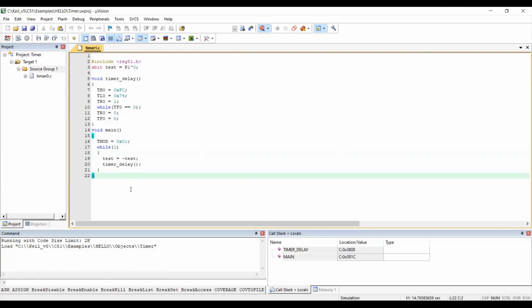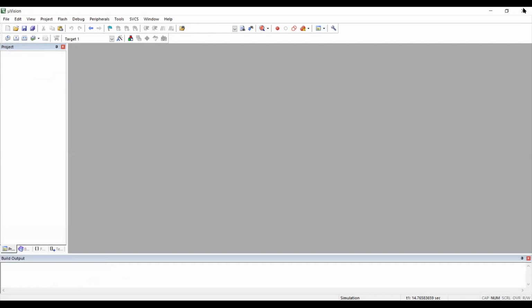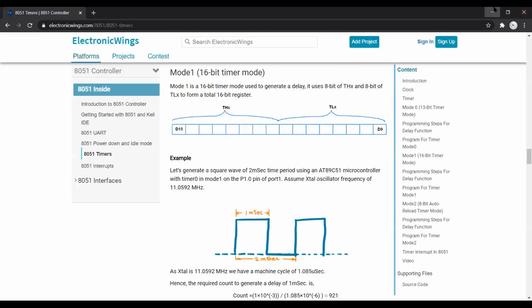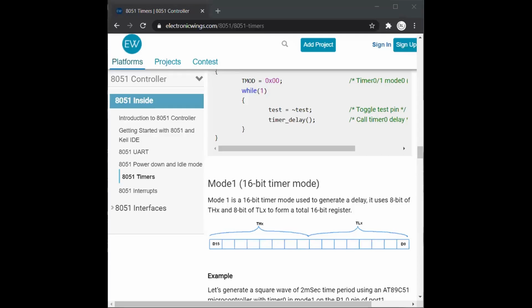And then we start the timer by setting the TRX bit. Here we use TR0 equal to 1. We poll the TFX flag till it gets set, and we stop the timer by clearing the TRX bit. Here TR0 is equal to 0. We clear the timer flag TFX bit, and we repeat the steps for the delay again. Now I pass on to my friend Krishna.